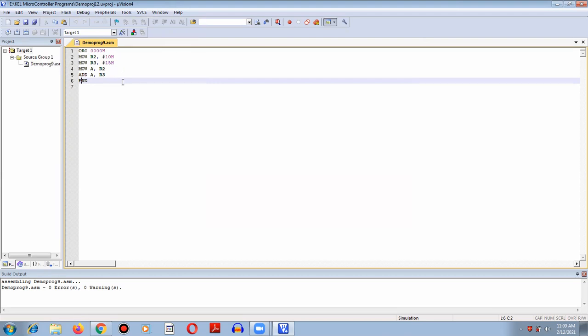For running the program, you can see the three buttons here. The first button is translate, the second button is build, and third button is rebuild. Basically what it does, after clicking these buttons, whatever program is written here will be compiled and converted into machine code. So I'll first hit the translate. As you can see, there are no errors here in the program. Then I'll click build, and then I will click the rebuild. Okay, now once I do this, I have to debug the program.